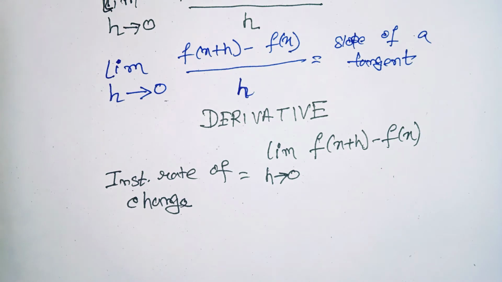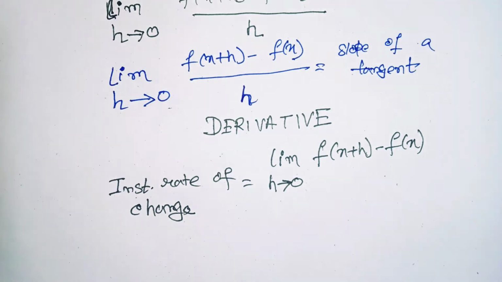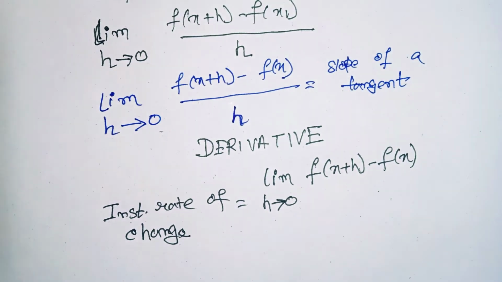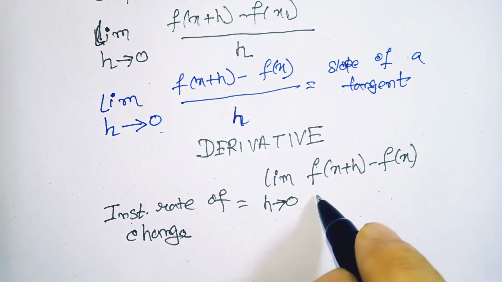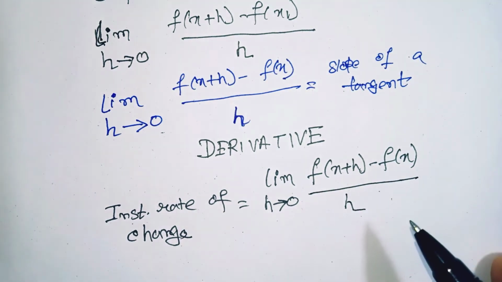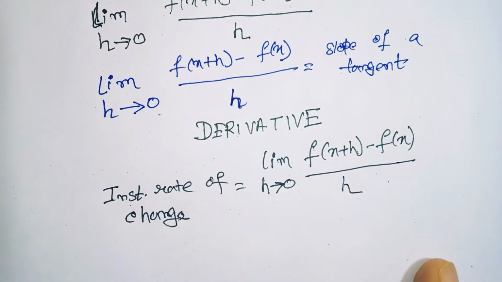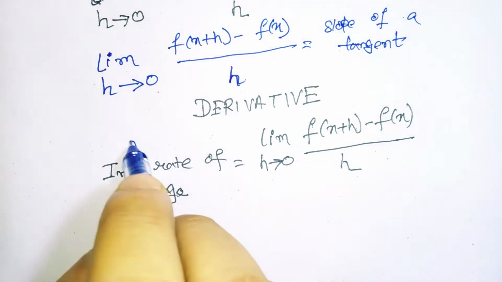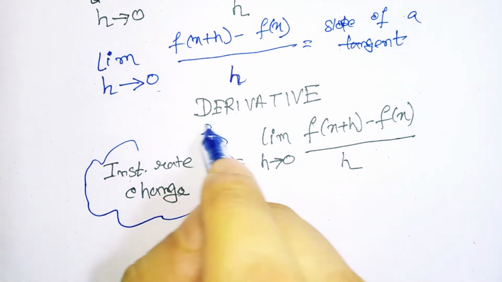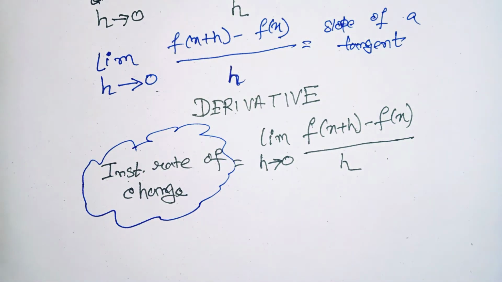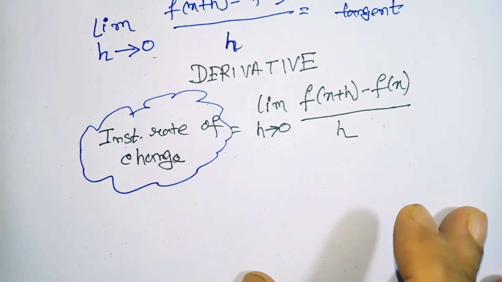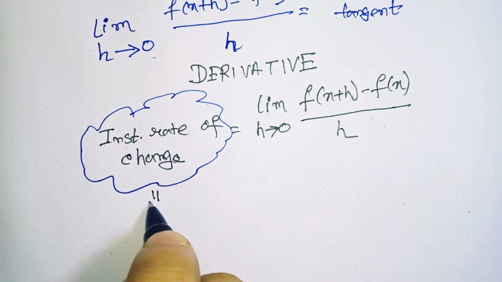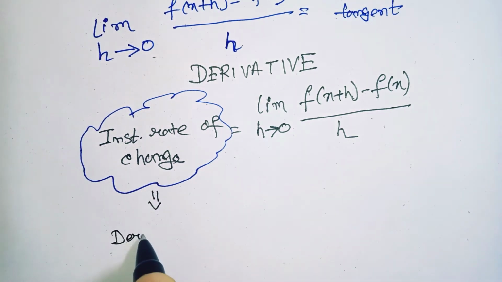So the instantaneous rate of change, what we can write is basically the limit of h moving towards 0, with f of x plus h minus f of x on the numerator, whole divided by h, right? And this is what we call the derivative. Now, let me use a different color, so that we can use this part repetitively. This part is called the derivative